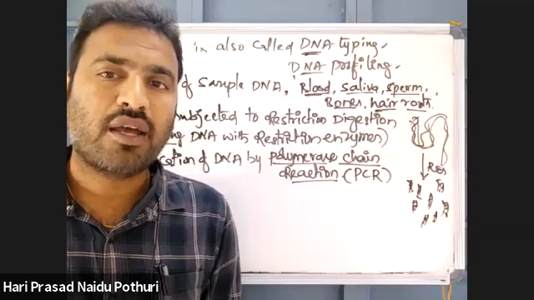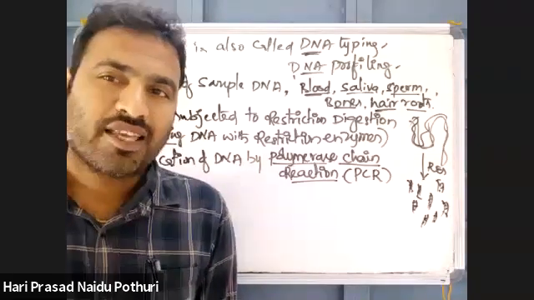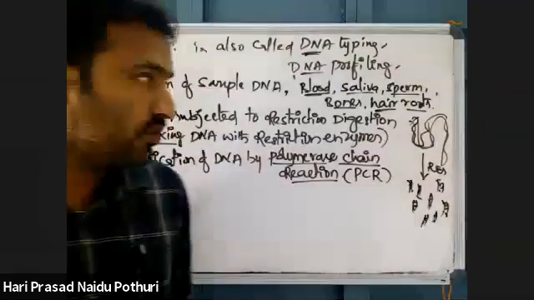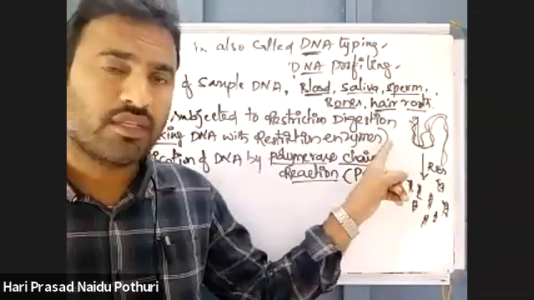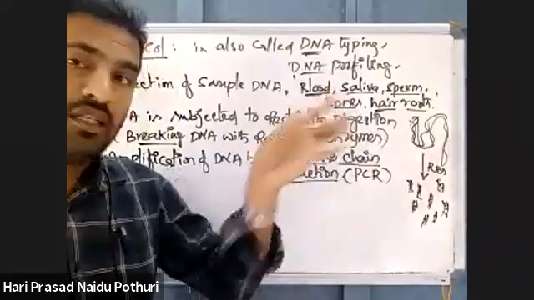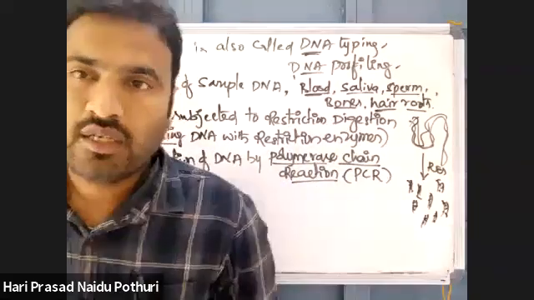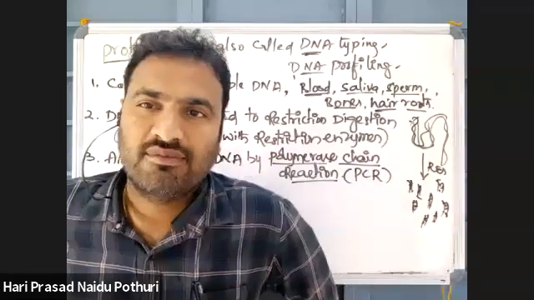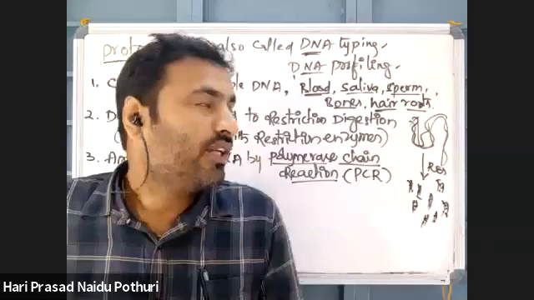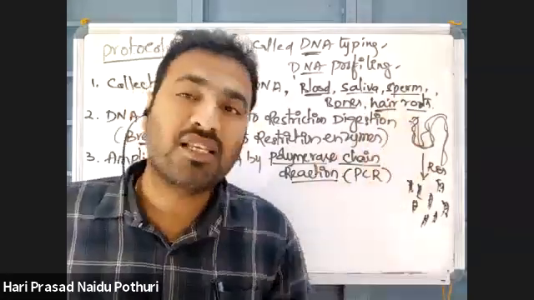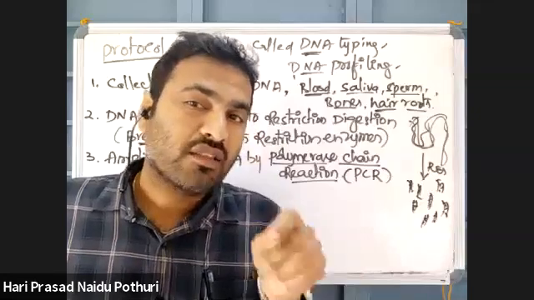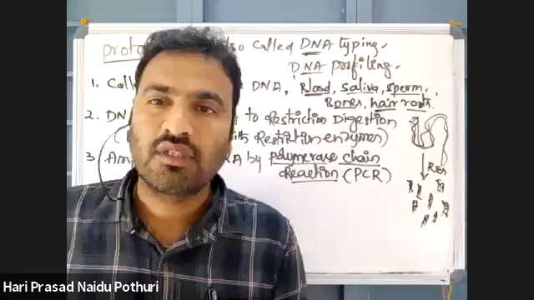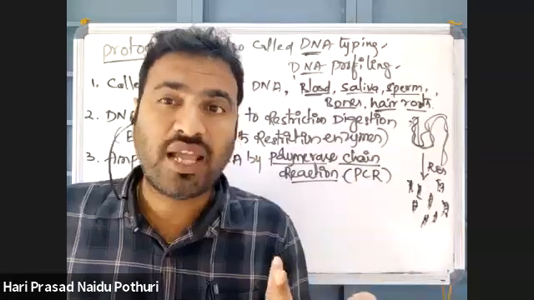A single piece of DNA is not enough to compare. Suppose a crime scene happened, and we suspect 100 persons as accused. There are 100 suspects from the crime scene. But at the crime scene, only a small drop of blood is available. Is that blood enough to compare with all 100 people? No. Once we complete the test, we don't have any evidence left.